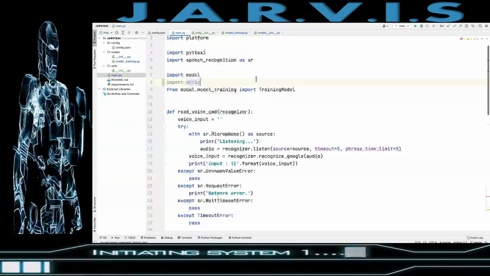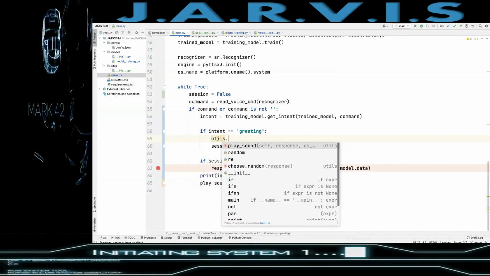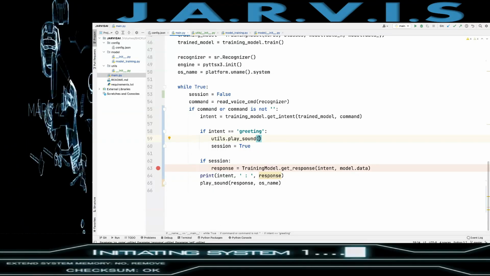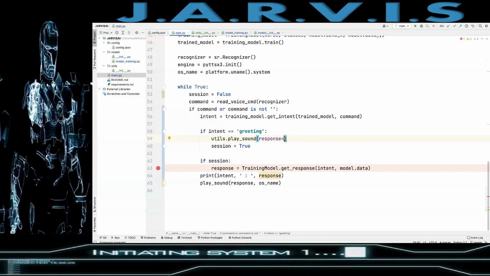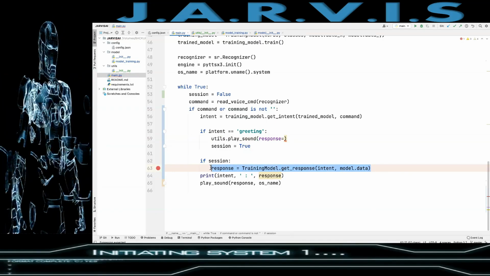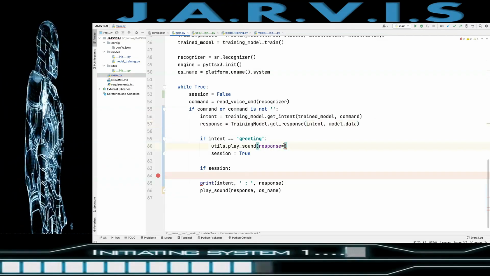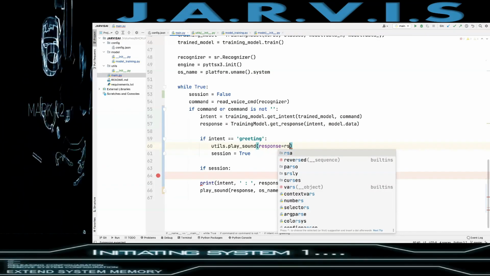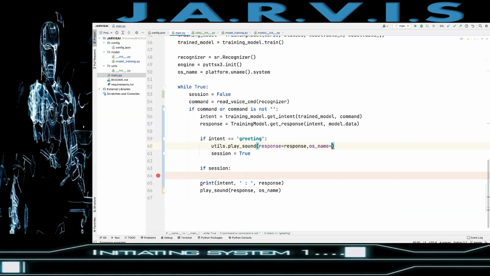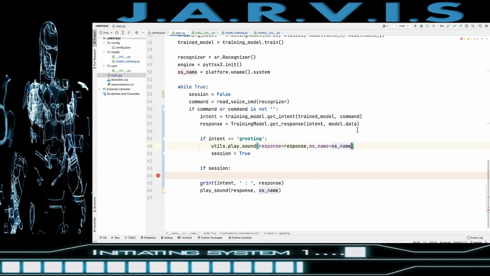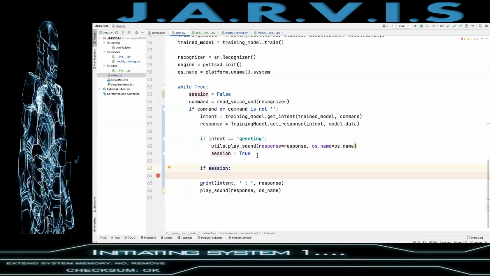Okay, so now in the main, what I'll do, I'll just import utils, and here utils dot play sound, right? And play sound will have a response. So here we have this training model, so here I'll just put the response, then we will have OS name, and we will pass this OS name, right? So if session is true,